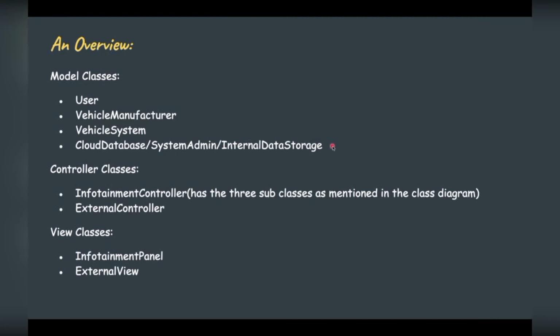Lastly, we have 3 classes: cloud storage, internal data storage, and system admin, all managing the storage and updating of information in different locations. Next, in the controller subclassification, we have 3 classes under the superclass infotainment controller: SOC and temperature controller, display controller,